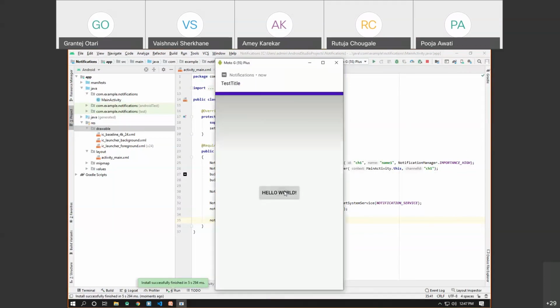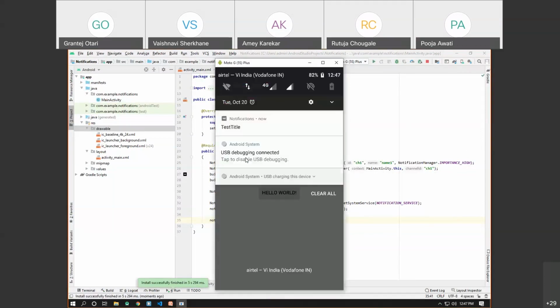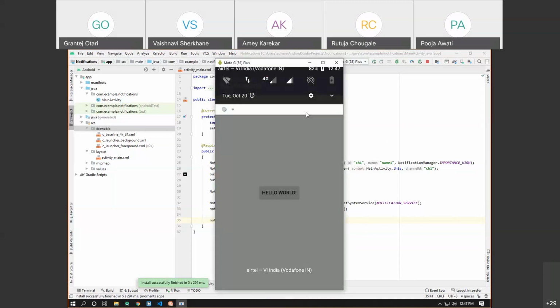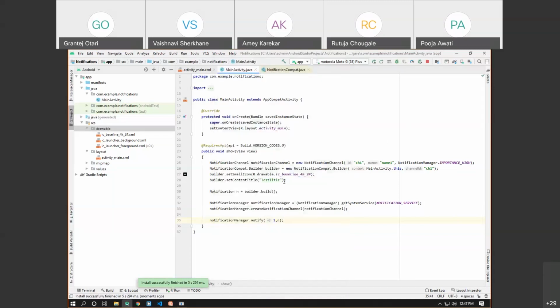Okay, now if I click on the button, you can see the notification is generated. Now what we have to do here is we have to show the actions.